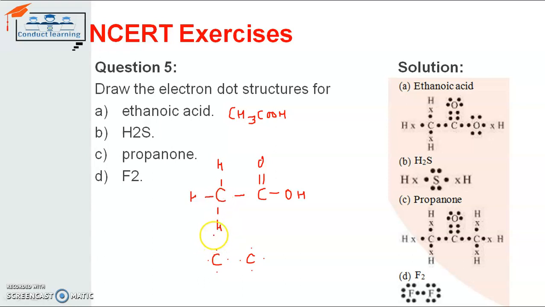So for hydrogen, I will represent it by a cross. Hydrogen has only 1 electron to share, so it will be represented by a cross. Accordingly, each hydrogen atom will share its 1 electron with carbon. So they will be represented by crosses. And here also a 1